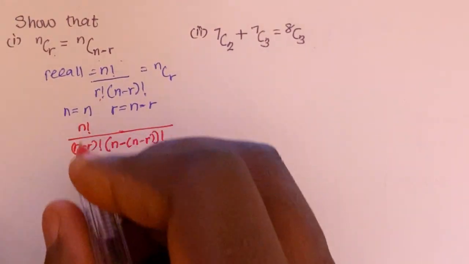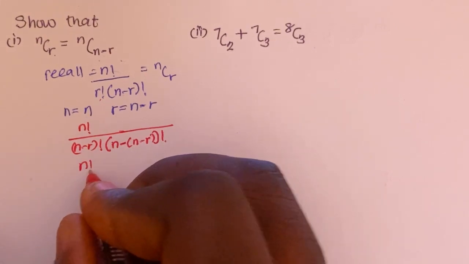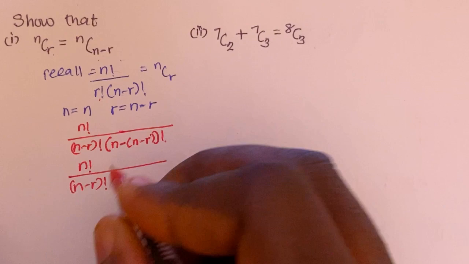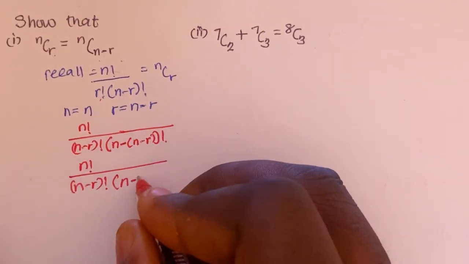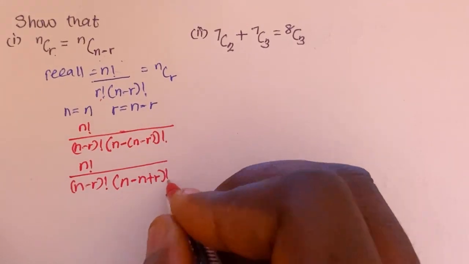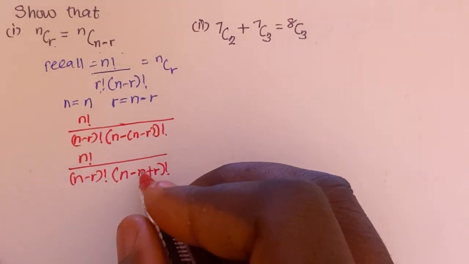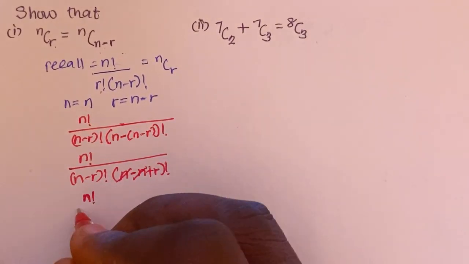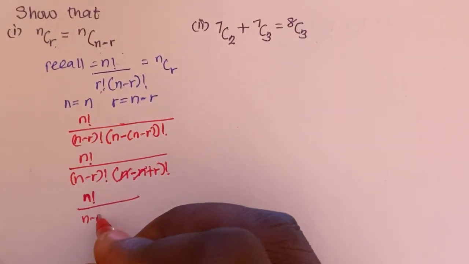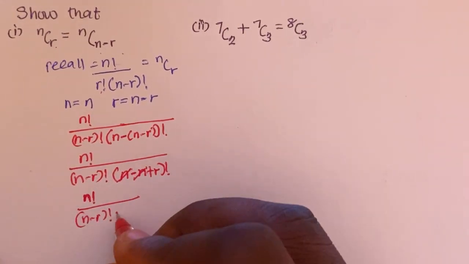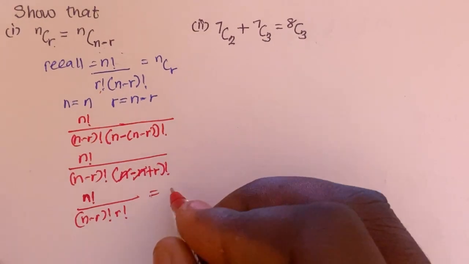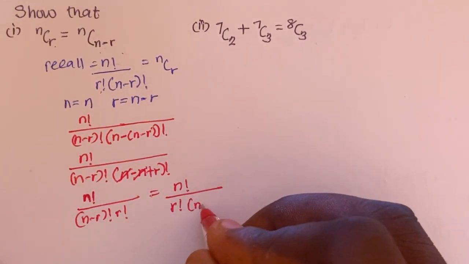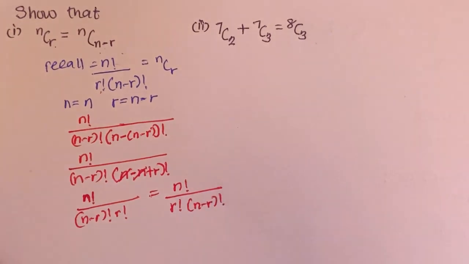So here this is n factorial divided by (n minus r) factorial, times this is n minus n plus r factorial. So here n minus n cancels out, then I'm left with n factorial divided by (n minus r) factorial, then I'm having r factorial. If I rearrange it, I'm going to have n factorial divided by r factorial into brackets (n minus r) factorial,